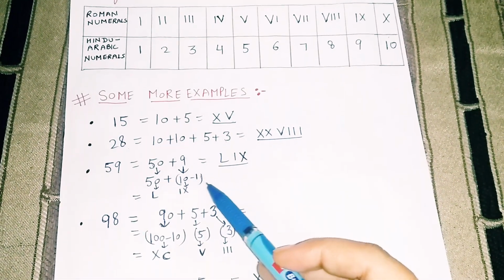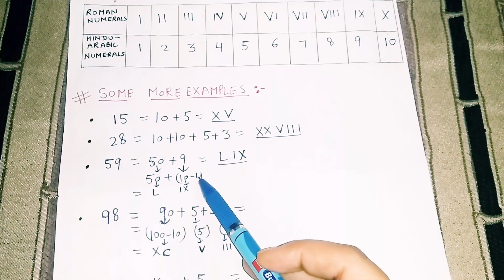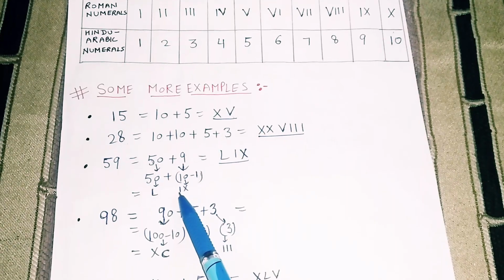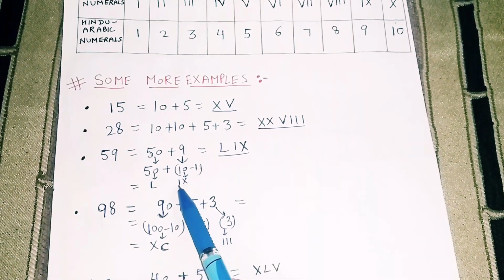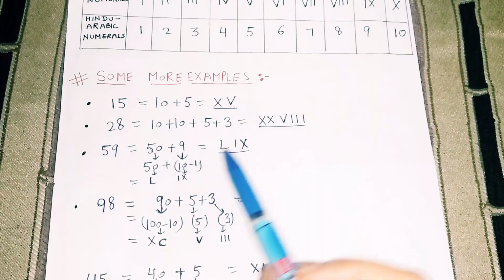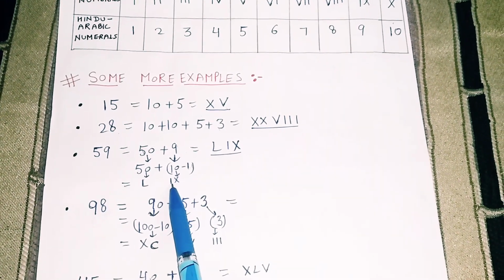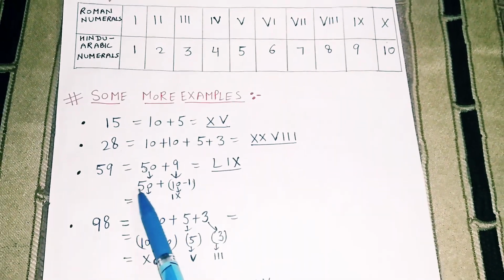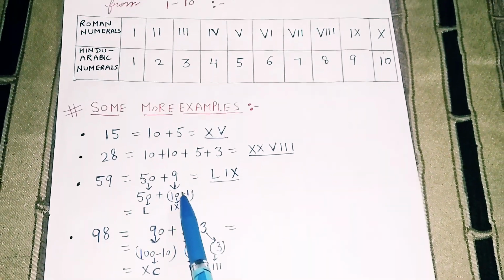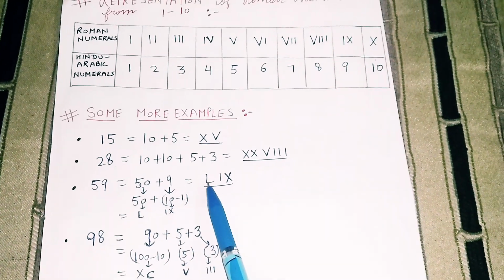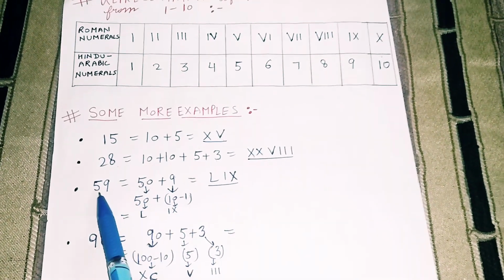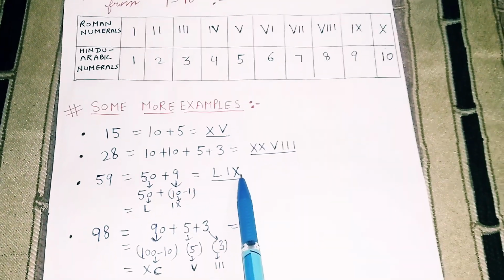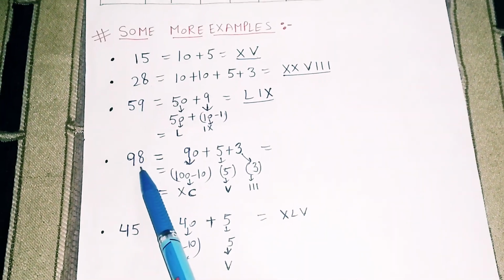It is X. And minus 1. Just recall that point: when you were subtracting, when do the symbols or values subtract? Whenever the smaller symbol was placed on the left side of the larger value symbol. That means you will place I before X. So the symbol for 9 will be IX. The symbol for 50 was L, the symbol for 9 is IX. That means my Roman numeral for 59 will be LIX. Understood?